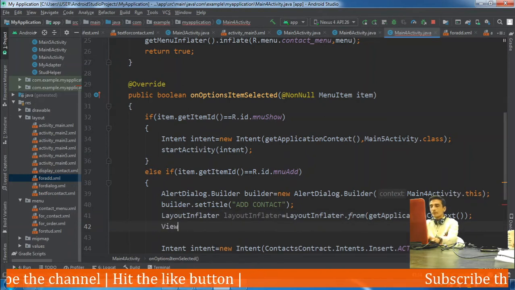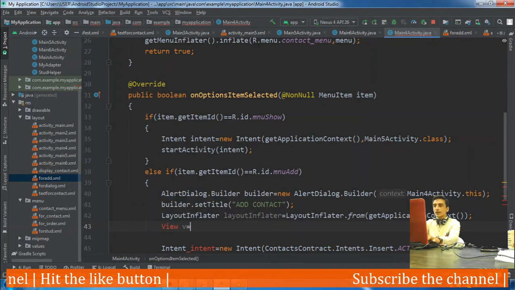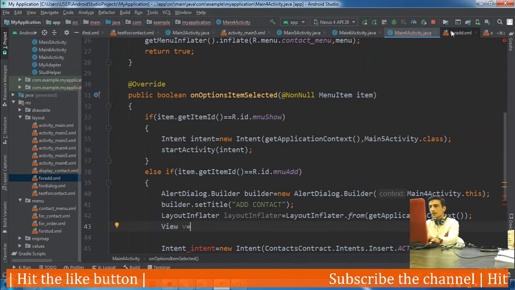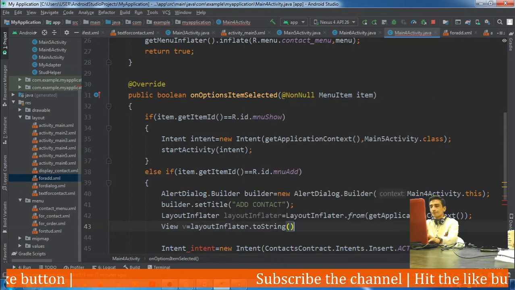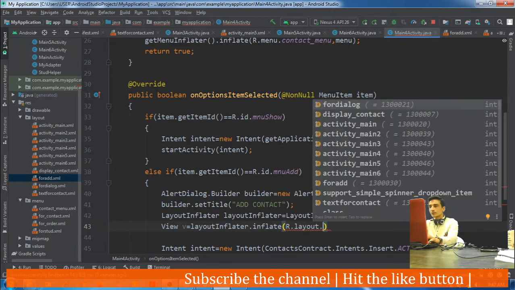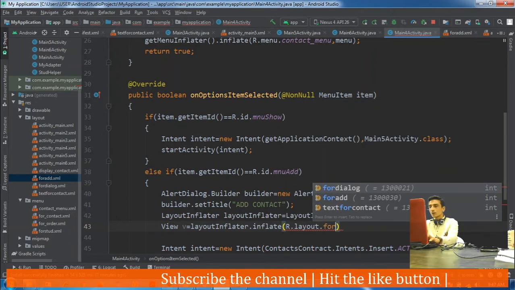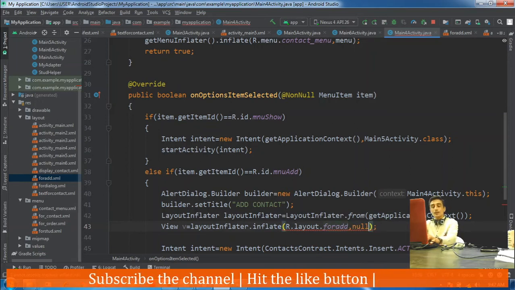Now we will inflate the view in a variable of view type. The view which we have defined, that is the layout, we have named it for add. So by using the layout inflater we would inflate the layout R.layout.for_add. Okay, next, yeah, argument null is to be passed.